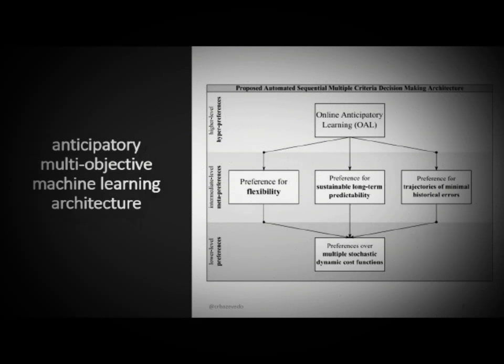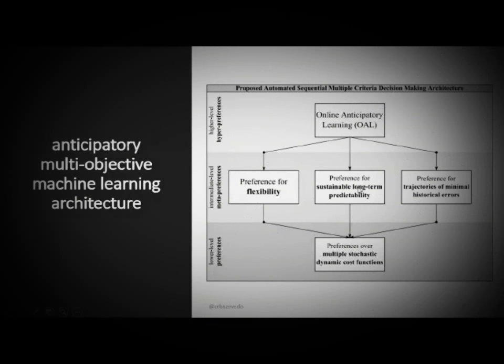In order to accomplish that, we can go to the intermediate layer, which I'm calling the meta preferences layer, in which we can design some meta preferences. I'm proposing 3 of them. The first one is preference for flexibility, that is, keeping your future options open.